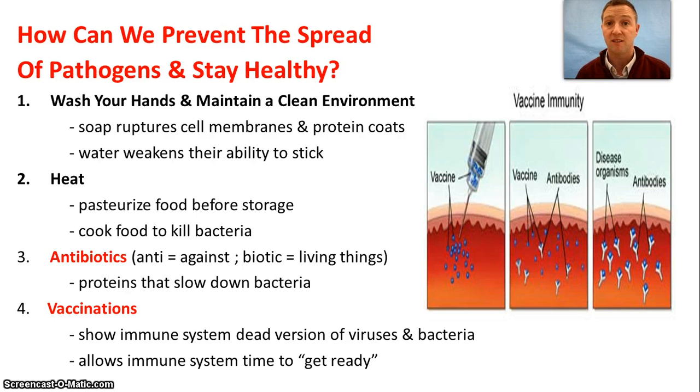Okay. Last but not least, vaccinations. Hopefully you're up to date on all your vaccinations. What a vaccine is, it's a dead form of the virus or the bacteria. So it's not alive, it can't reproduce in you. They take a needle, they put it underneath your skin at the doctor's office, and your immune system says, hey, wait, there's something here that's not supposed to be here. Let's find a way to battle it. Well, it doesn't need to be battled because it's dead. But your immune system remembers what that looks like. So next time your immune system is ready and can mount a defense against that pathogen, that bacteria or virus, before it ever starts reproducing and gets a serious infection going.